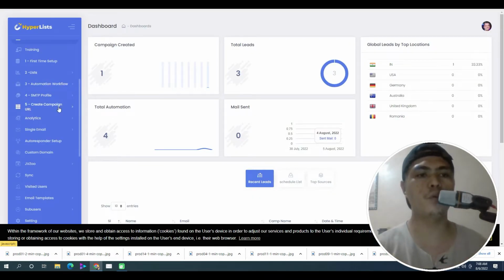Now, before I show you the demo of how this works, how you can easily create a list, how you can create an automation workflow, how you set up an SMTP, how to create a campaign, how to broadcast an email within this application,